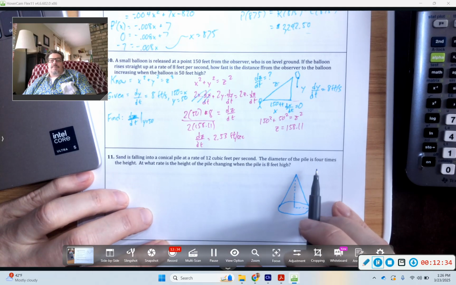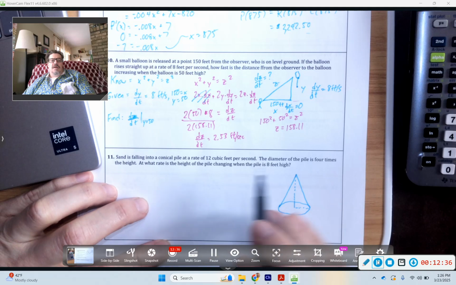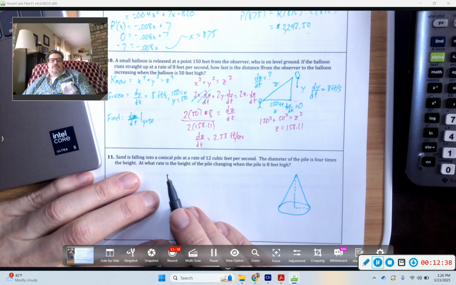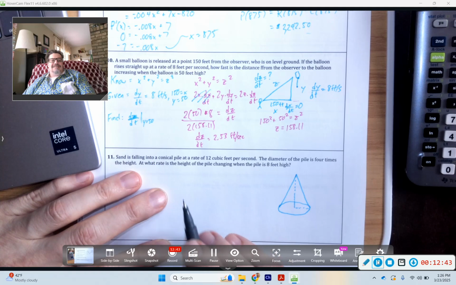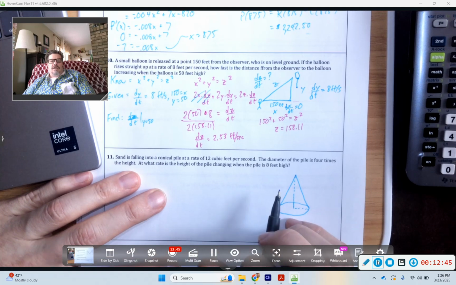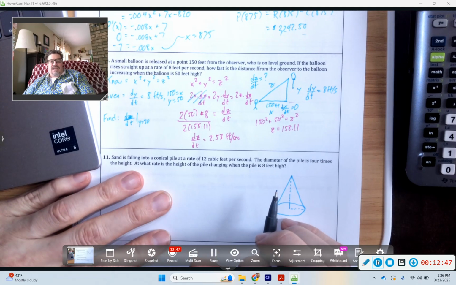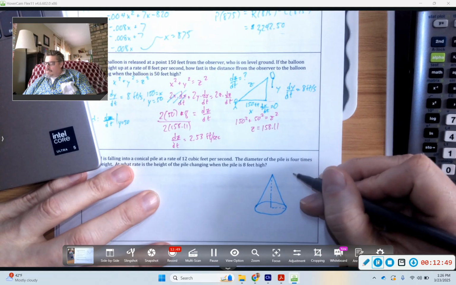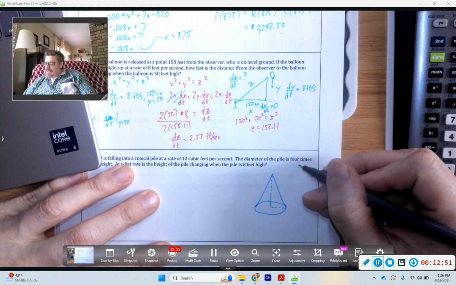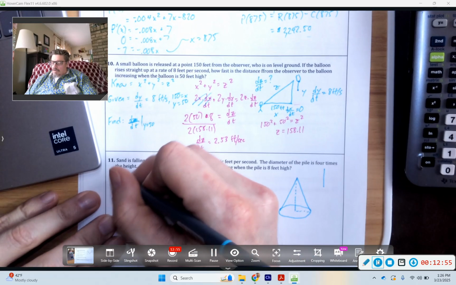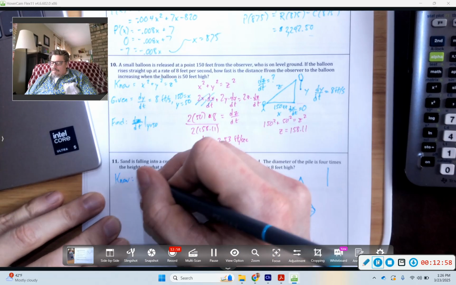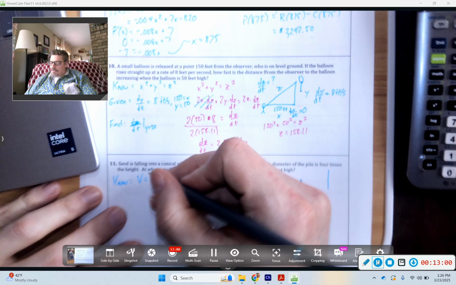The diameter of the pile is 4 times the height. Okay, so the diameter is 4 times the height. At what rate is the height of the pile changing when the pile is 8 feet? Okay, so first of all, what do we know? We know the volume of a cone, which is